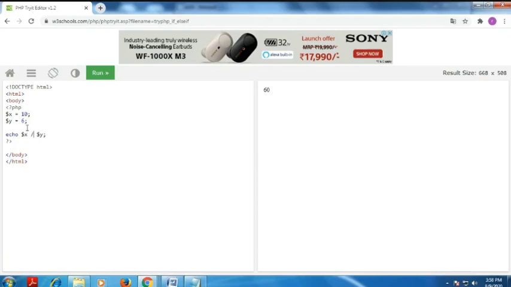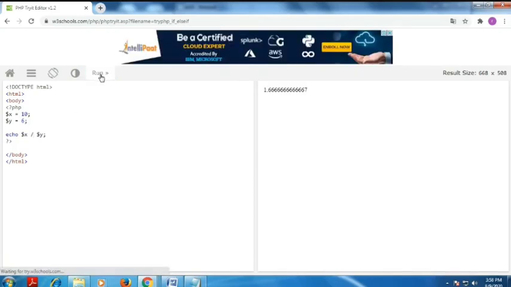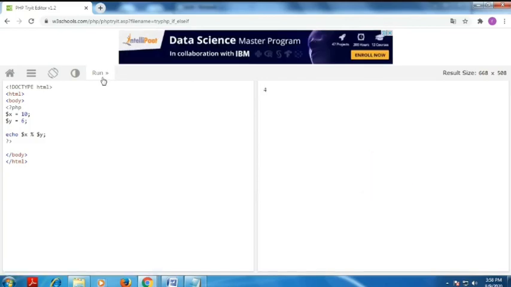I bring in a division operator here. Then one more I have to tell you is the modulo symbol. I put this. It is 10 by 6. I divide 10 by 6, and the remainder value will be displayed. 1 into 6 is 6, 10 minus 6 equals 4. So I get the remainder value 4. The answer is 4. That is the modulo.